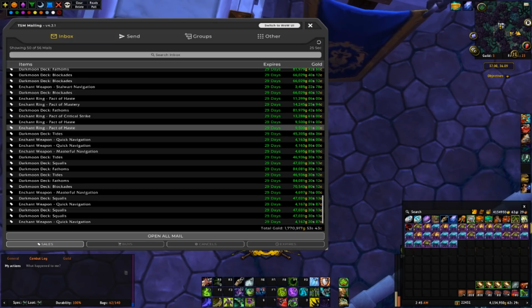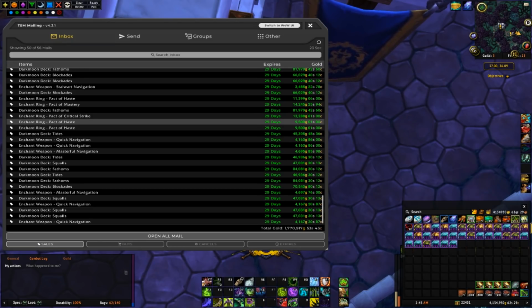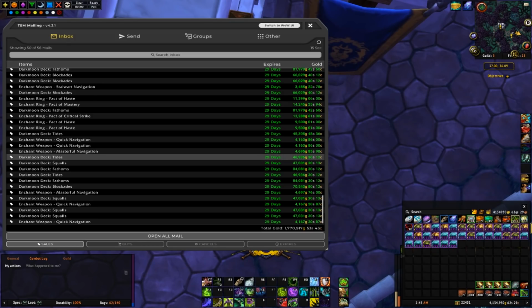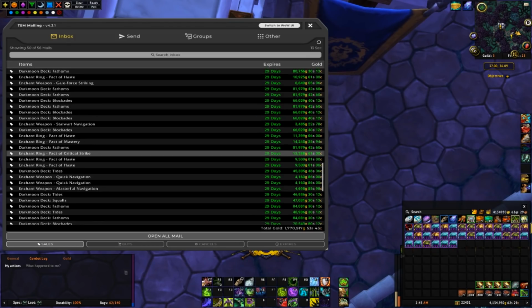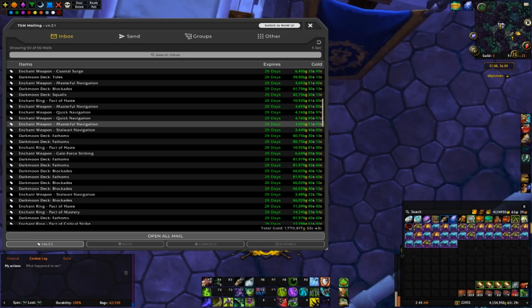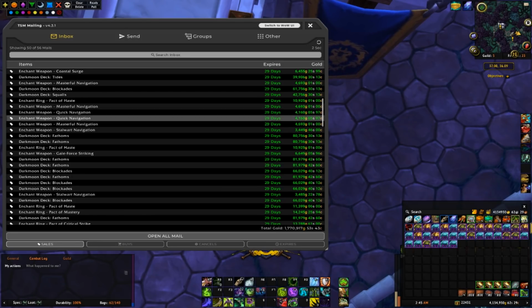yeah, the Pact of Haste at 9.5k. I think someone actually reset these earlier today, so the ones that I have up now are around 25k, and hopefully those move on Sunday or later today. And the weapon enchants are still holding steady at over 4k. The Stalwart Navigation is down to 3.5, but all the others are selling for 4.1, 4.6,